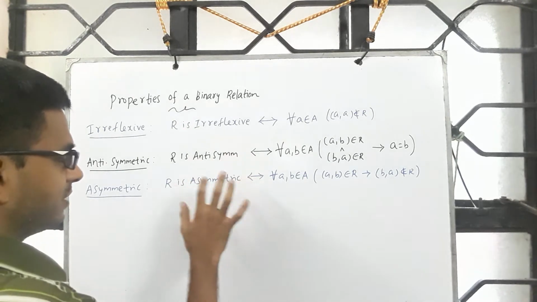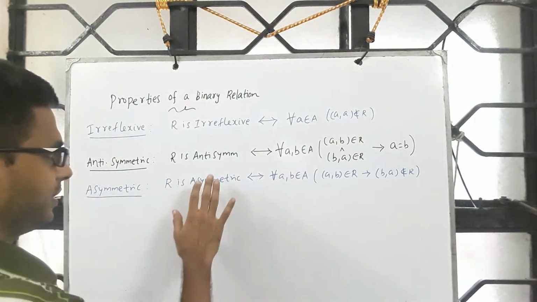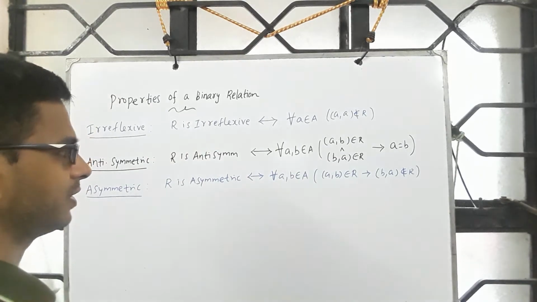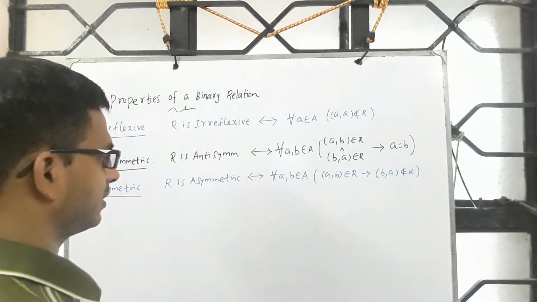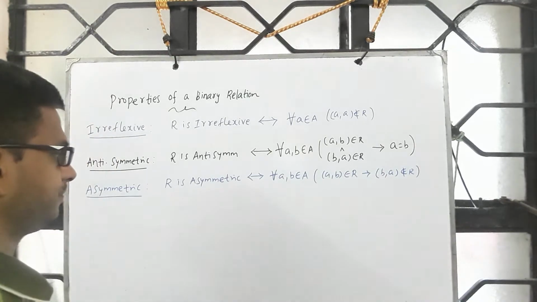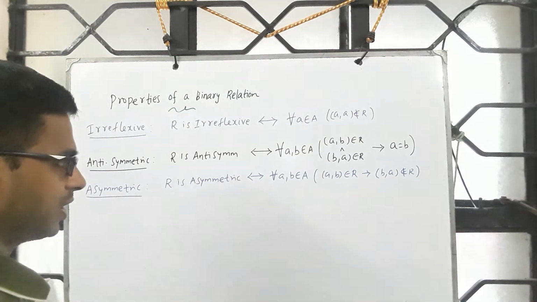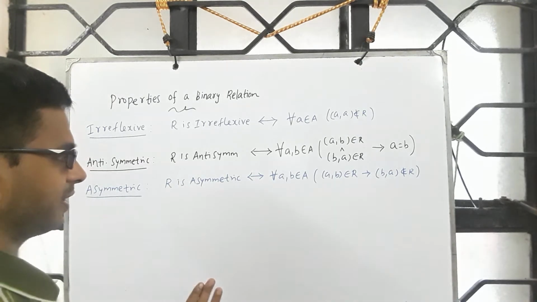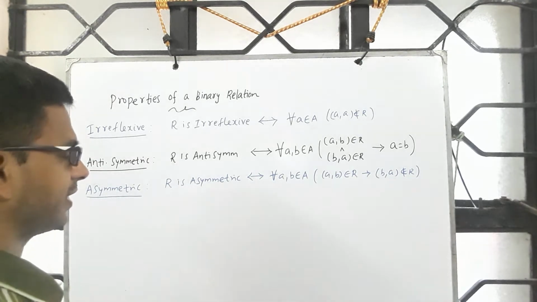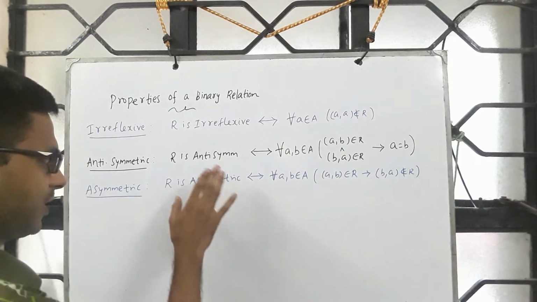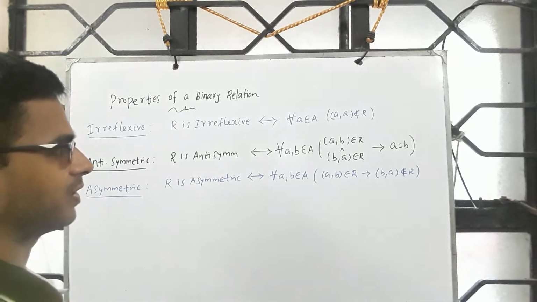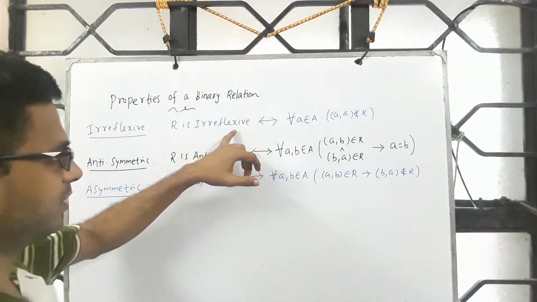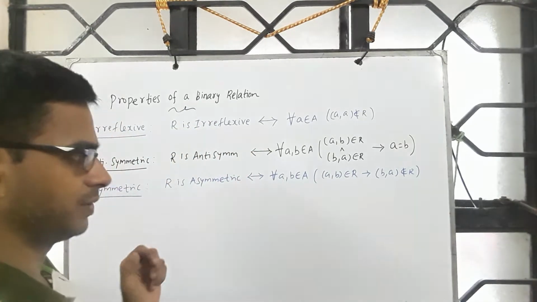These definitions, symmetricity, asymmetricity, antisymmetricity, they're all looking similar, but one has to pay attention to the details. Something is not symmetric does not imply asymmetric, or asymmetric does not imply not symmetric. Similarly, antisymmetric is not the same as not symmetric. Similarly, not reflexive does not imply irreflexivity, and so on.